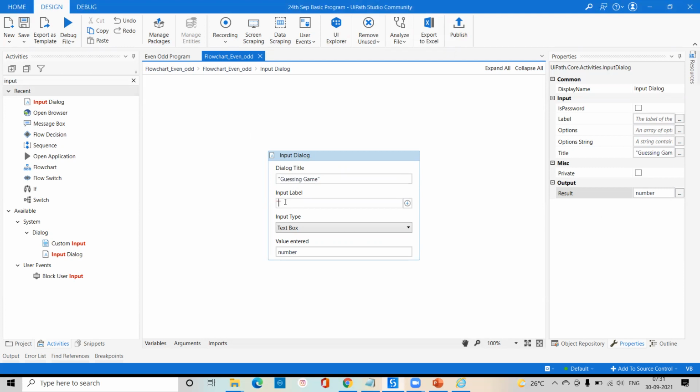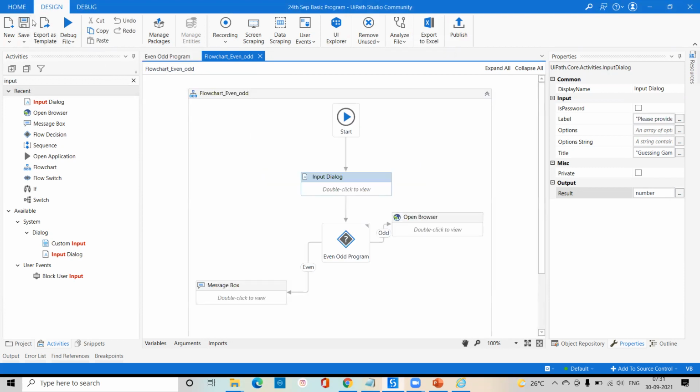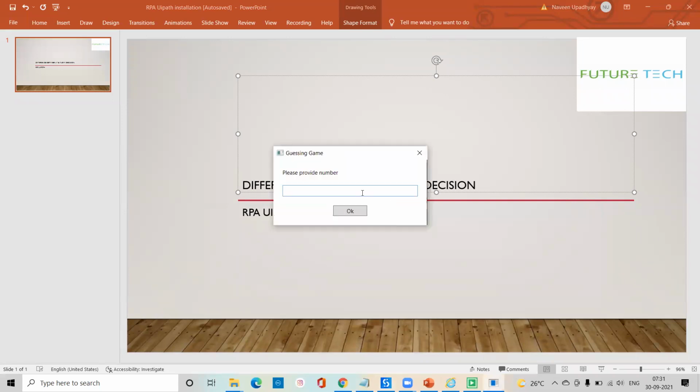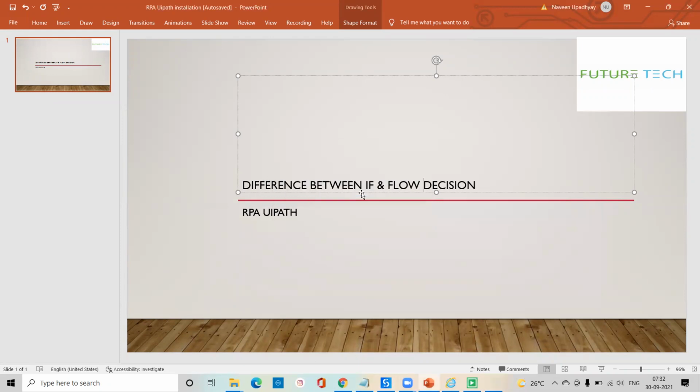And we can pass, please provide guess number. Okay, we can pass anything, and let me run this program. So I can pass 100, whatever number you want to pass, and we are getting this